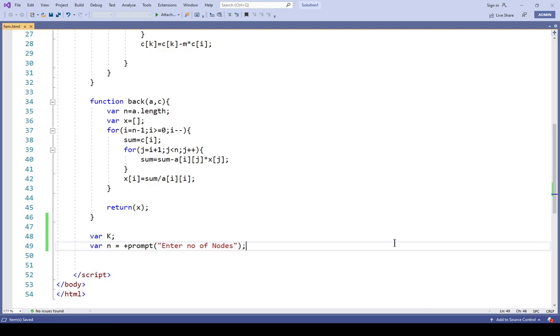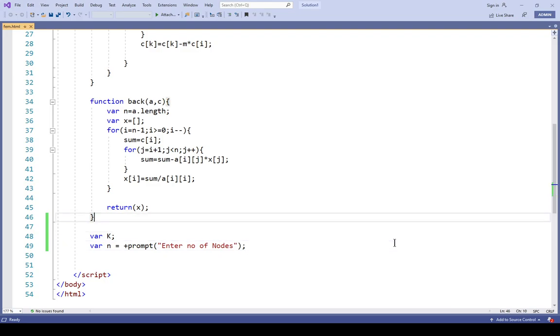A prompt is a dialog box that appears in front of the user with the message "enter number of nodes", and the user enters the number of nodes. Once the user enters it, we initialize the global stiffness matrix with all elements as 0.